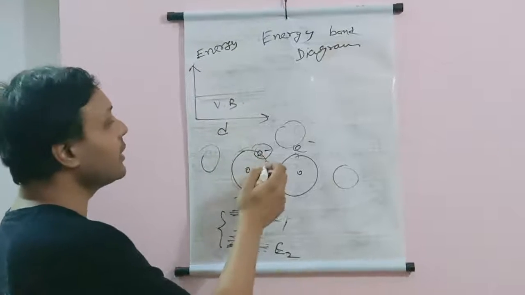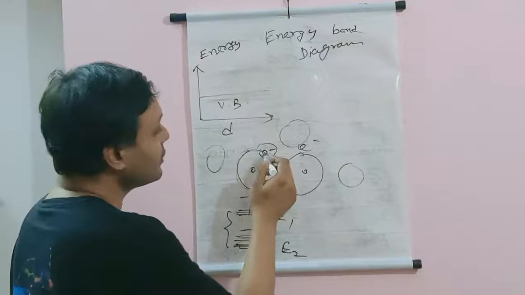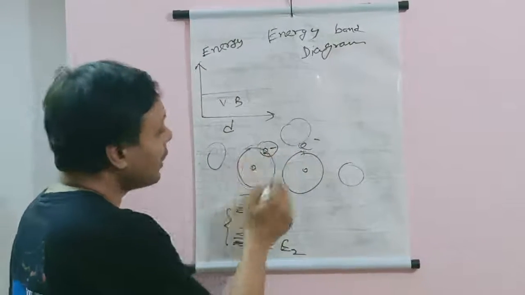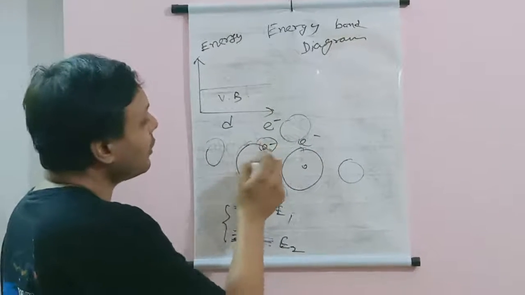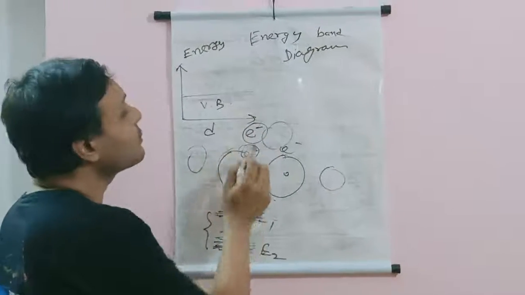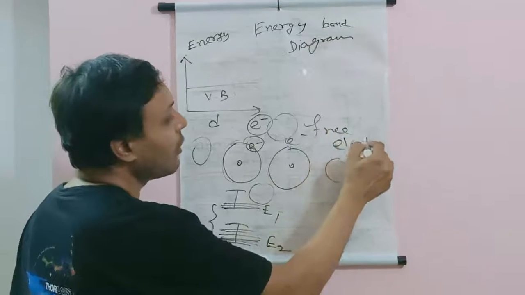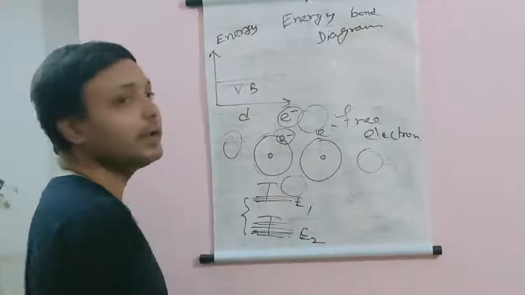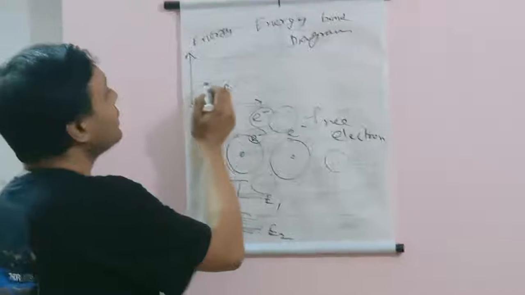Now if, with some external energy like temperature and light irradiation that I talked about just now, this electron gains enough energy and dislodges from the outside shell, it will come out free and will not come under the influence of only a single atom. Because of that, this electron is known as a free electron. Basically all the current flow you see, whether in a conductor or semiconductor, is done by these free electrons. Now for a conductor, what happens?